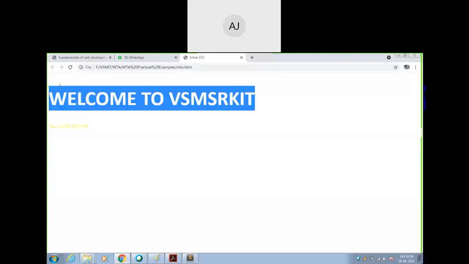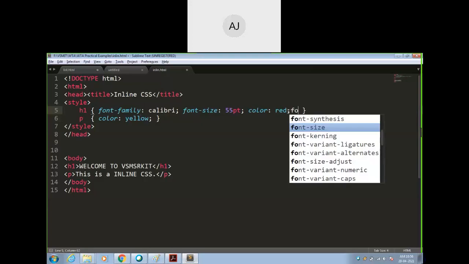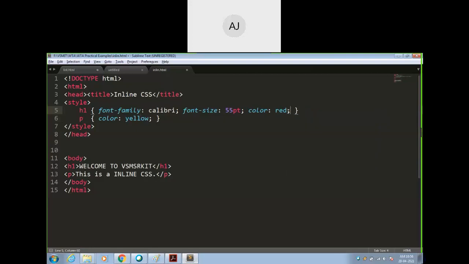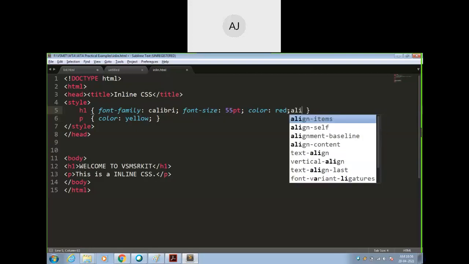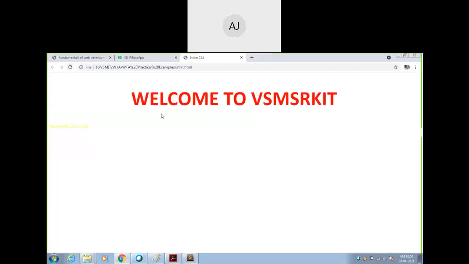Okay, and you can align to the center, that you can see. Text align, center I can write. Is it okay? So just save this. So your work will be done.